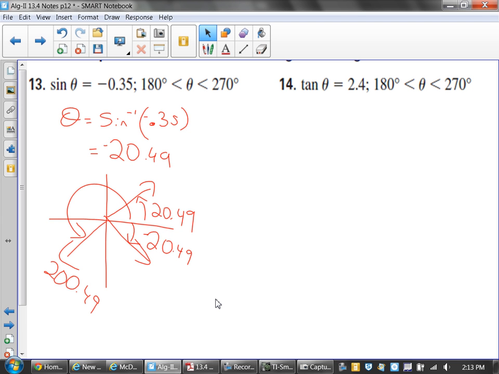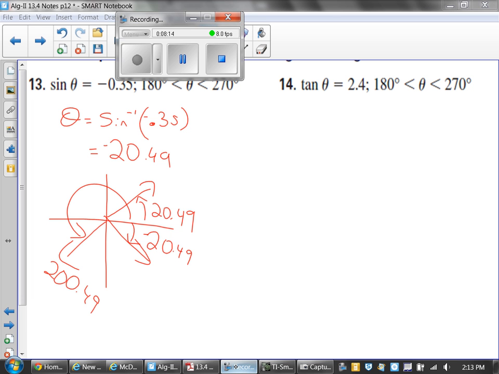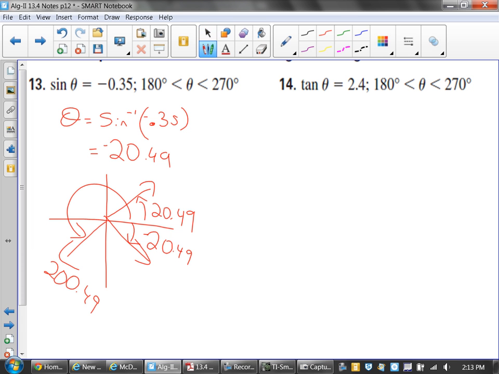You don't really have to type in negative. You just want the reference angle. There's a couple of tricks that happen with these things as you go through. You're using the inverse whenever you have to find an angle. You hit the button if you know the angle. You use the inverse if you don't. Again, when you do the tangent inverse of 2.4,